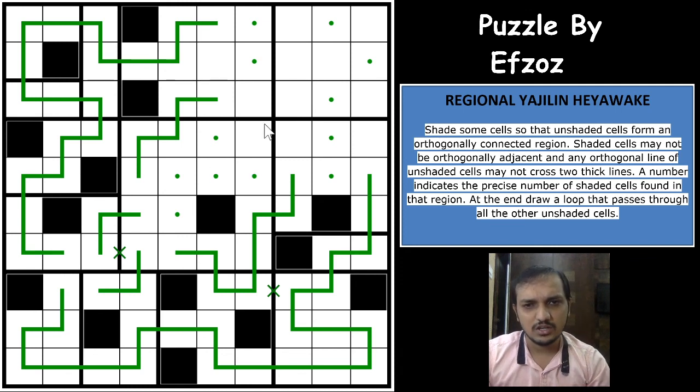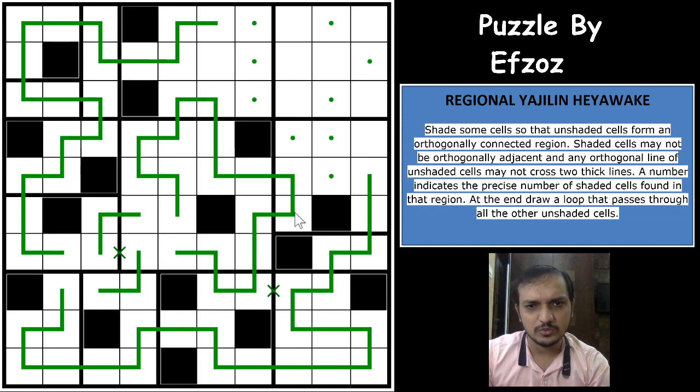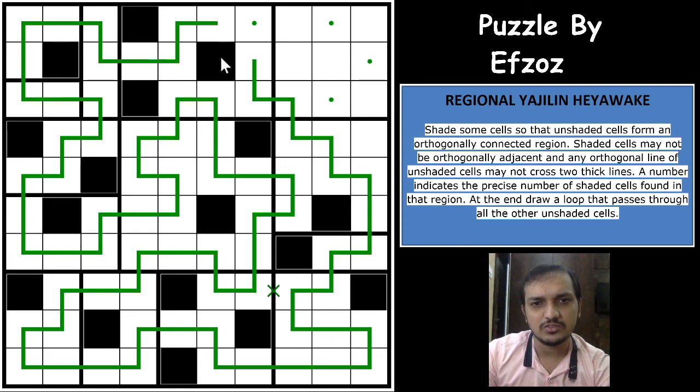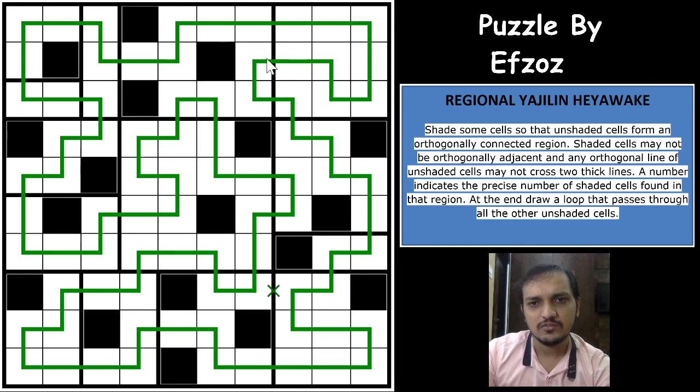We missed that thing here, which means that this cell would have to be shaded now, which makes this cell come inside, this cell come inside. This forms a single closed loop, so this has to go this way, and this will go this way. Superb. So I think it should be completed now, this puzzle, and this would have to be shaded now. Yeah, of course this cannot be unshaded, this would have to be shaded because this is a single closed loop. So this goes this way, this is a shaded cell now, this goes this way, and with that we complete this puzzle.